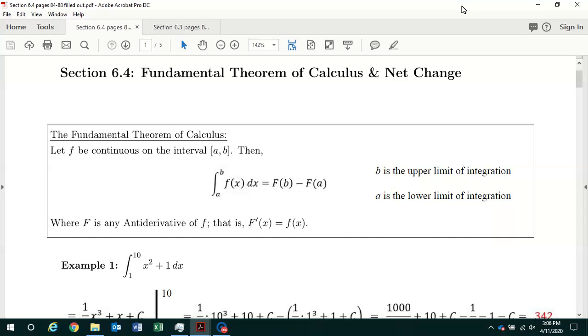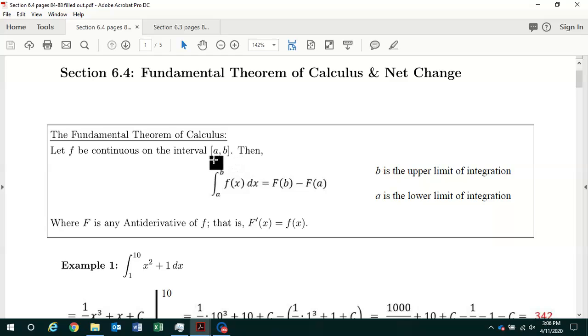All right, class. This is the first video on section 6.4 in your note packet on the fundamental theorem of calculus. It starts on page 84 in your note packet. At the top of the page, in a rectangle, we have the statement of the fundamental theorem of calculus, and it says let f be continuous on the closed interval from a to b,